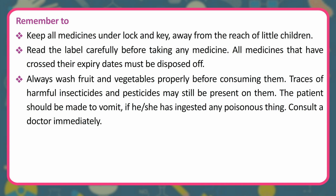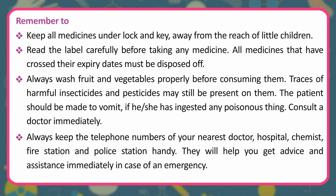Always wash fruit and vegetables properly before consuming them. Traces of harmful insecticides and pesticides may still be present on them. The patient should be made to vomit if he or she has ingested any poisonous thing. Consult a doctor immediately. Always keep the telephone numbers of your nearest doctor, hospital, chemist, fire station and police station